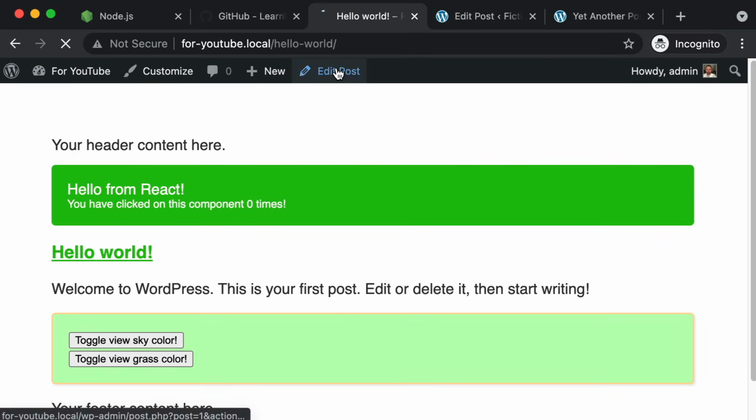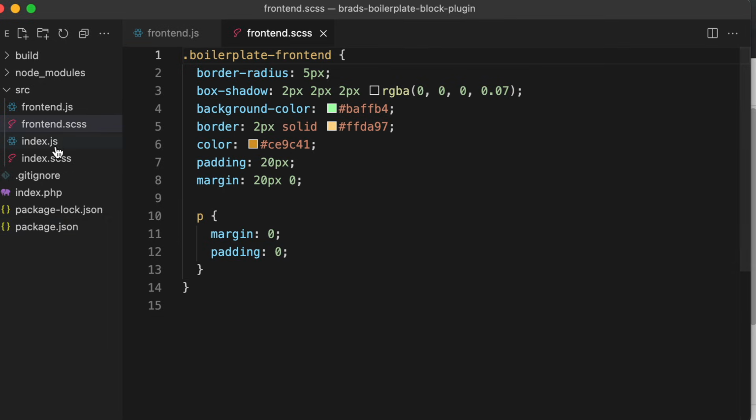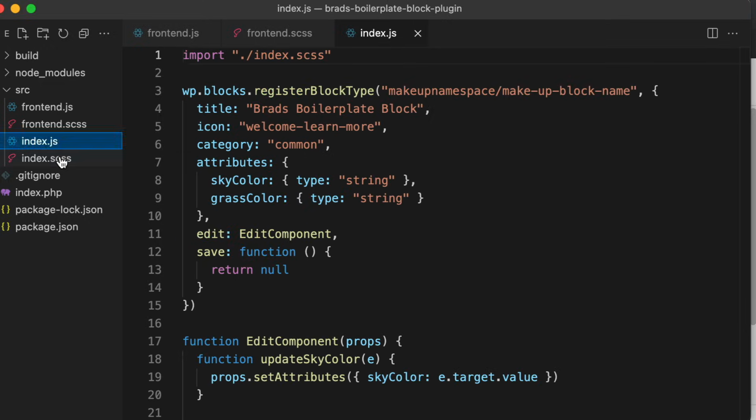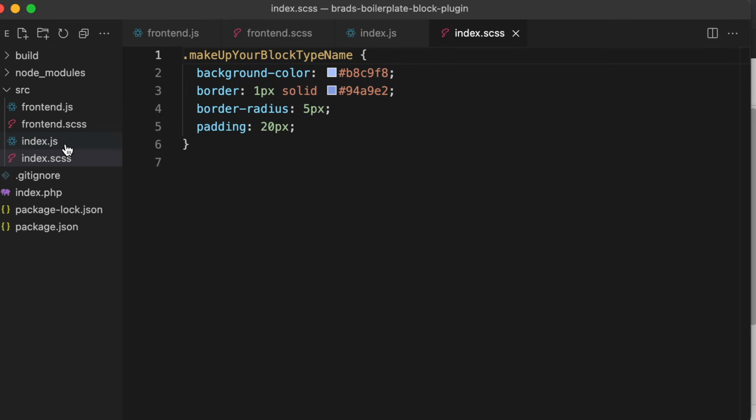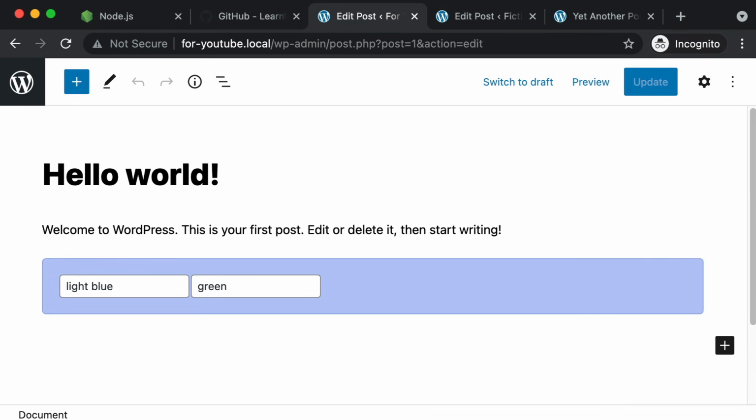And then obviously the same thing applies for the admin side of things. For example, here we see what it looks like on the back end. To change this, you would edit index.js and index.scss. If you're curious how this index.js file works and how you would do perhaps more complex or interesting things on the admin side here,